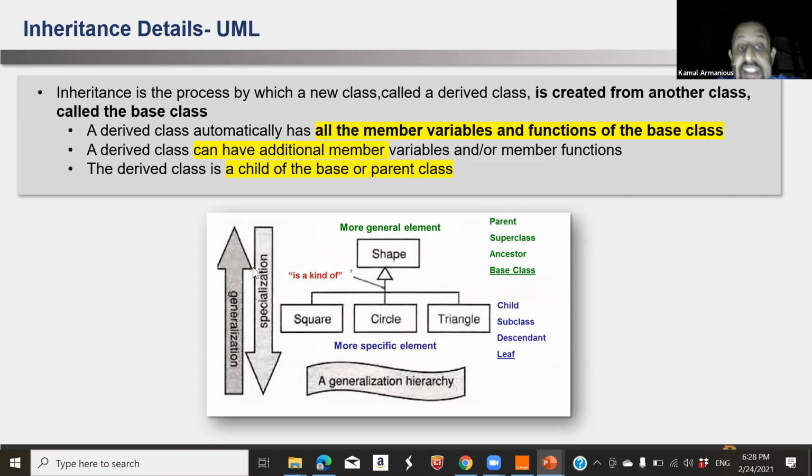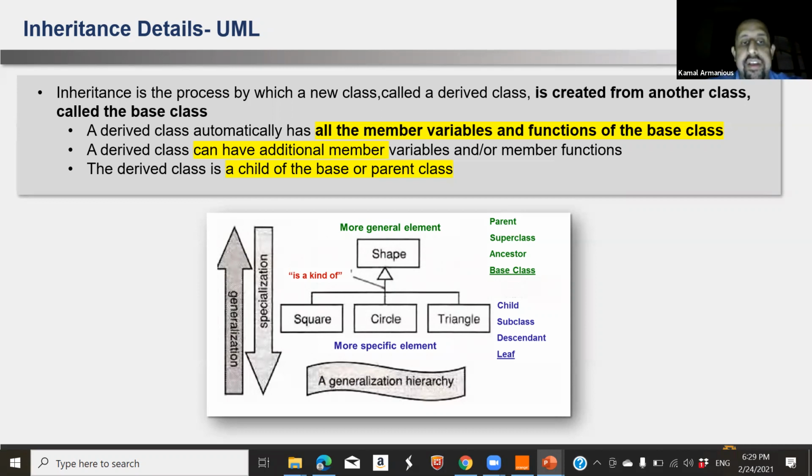Type. There's a concept in object-oriented called generalization. So shape is a general form of square. Shape is a general form of circle. Shape is a general form of triangle. This is called generalization. بالعربي بعمم.